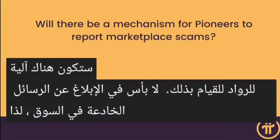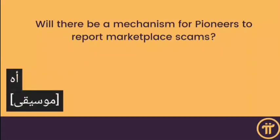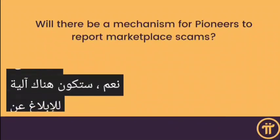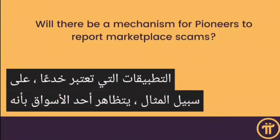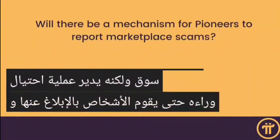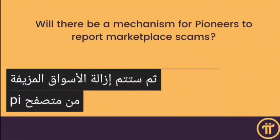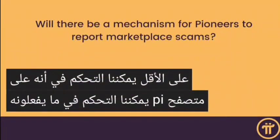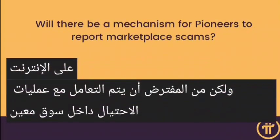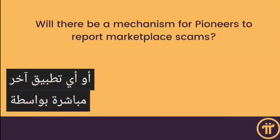Okay, so there's two things here. Yes, there will be a mechanism for people to report applications that are scams. Like, for example, a marketplace pretends to be a marketplace, but it's running a scam behind it. So people will report it, and then fake marketplaces will be removed from the Pi browser. At least we can control that on the Pi browser. We can control what they do on the internet. But scams within a certain marketplace or any other app are supposed to be handled directly by that specific marketplace